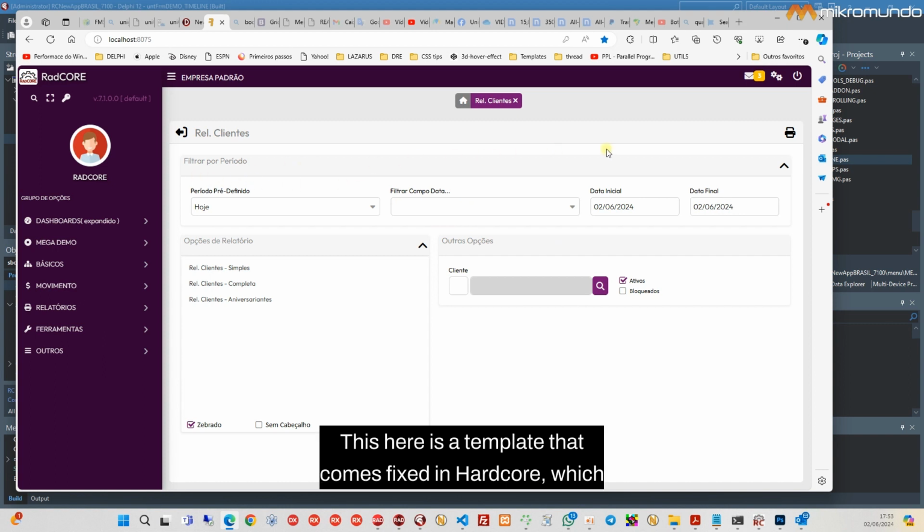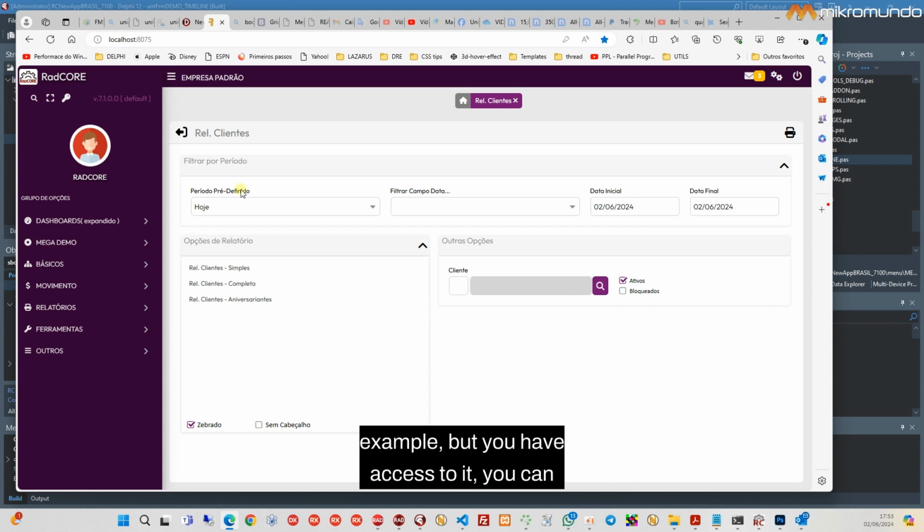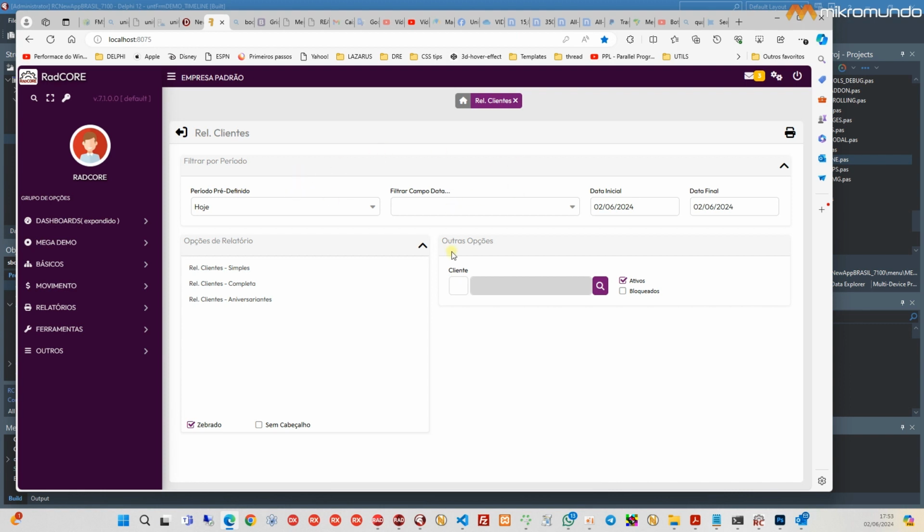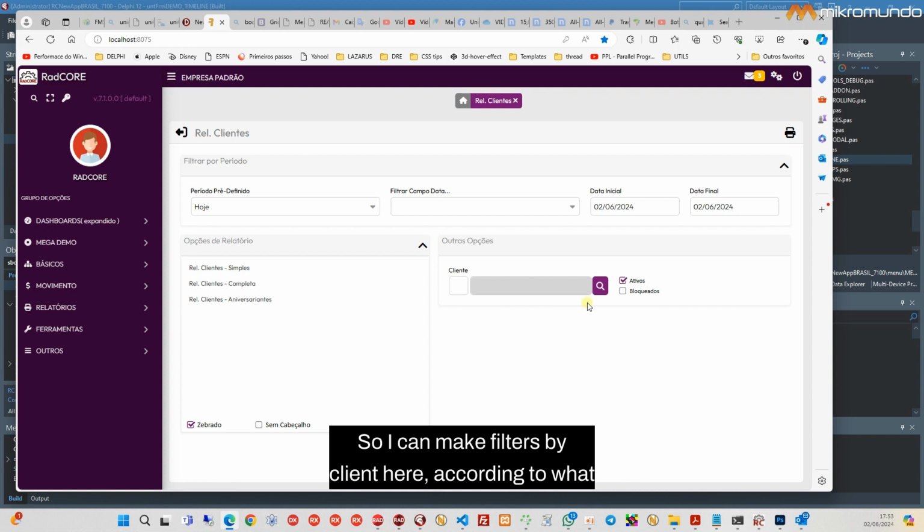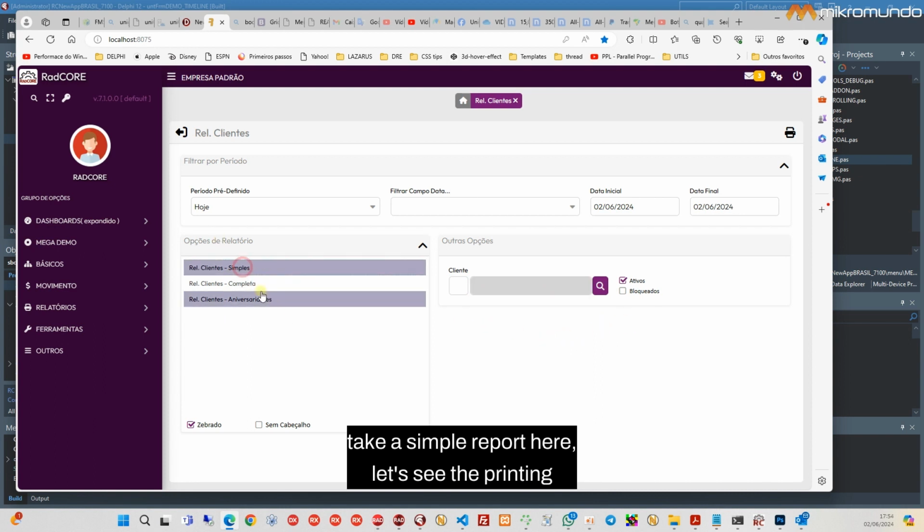This here is a template that comes fixed in RadCORE, which you can use. Obviously, when I say fixed, I mean in the suggested example, but you have access to it, you can create a copy of it and you can make your changes. So I can make filters by client here, according to what you need, and exemplify here how the process works. I'll take a simple report here. Let's see the printing process. I have here a template ready to be used as an example. You can use it and